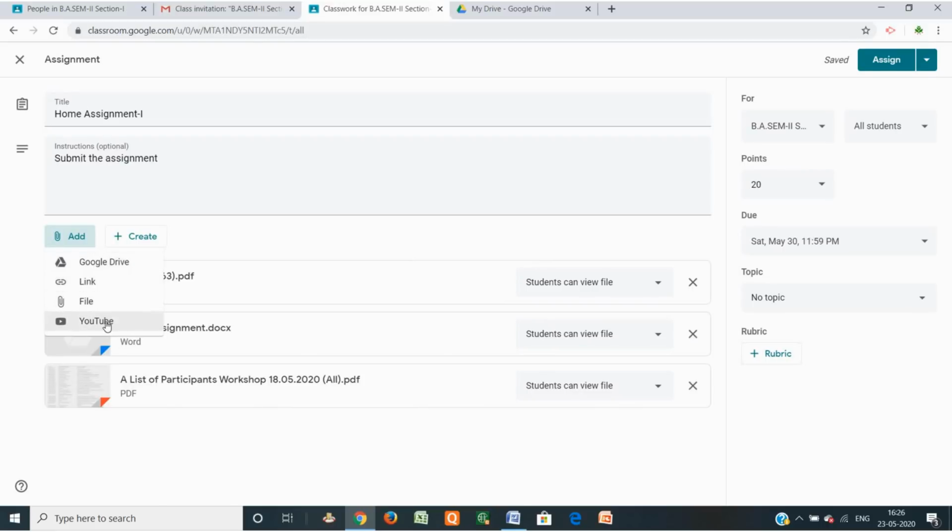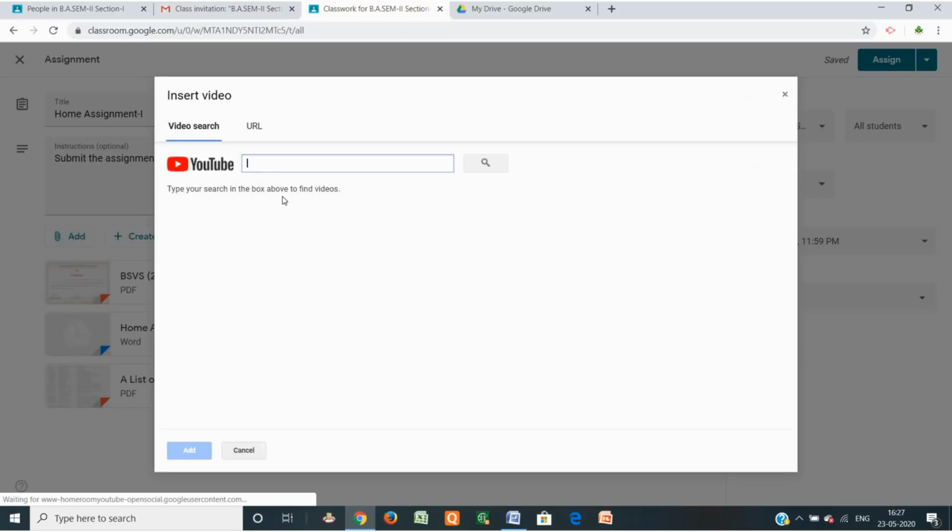Now suppose you want to provide a YouTube video on a particular topic. After watching that video, suppose the student wants to submit the assignment, then you can also provide the YouTube link. Just click on YouTube, then type any topic of your video or any third person's video, and search it.